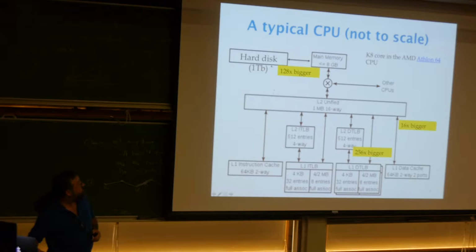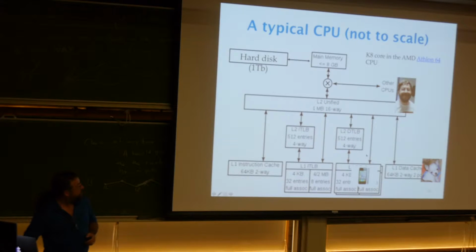the hard disk here is about 128 times. So it's 2 orders of magnitude bigger than main memory. Okay, and here we've got 16x. Here we've got 256x. All right, so